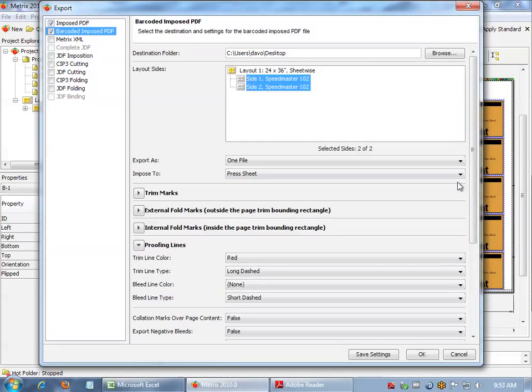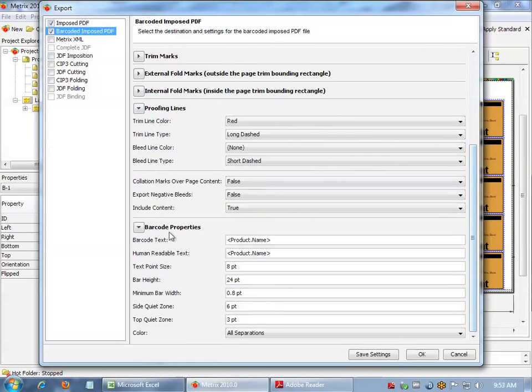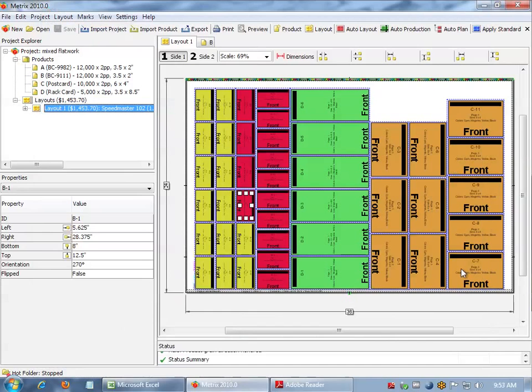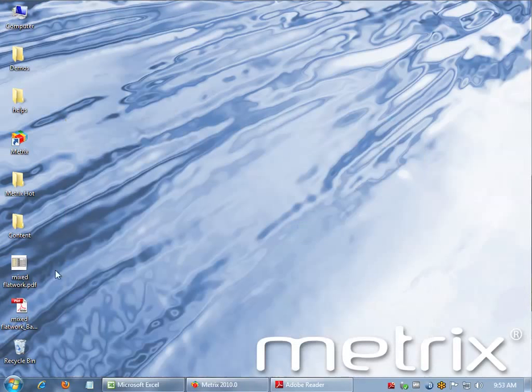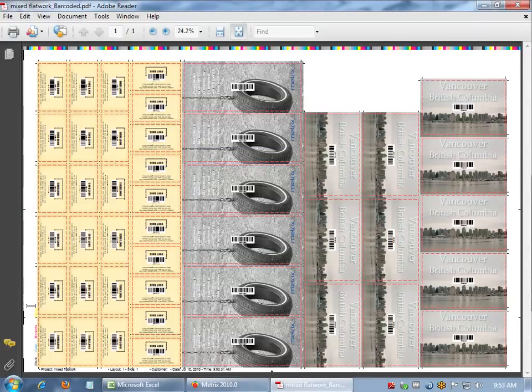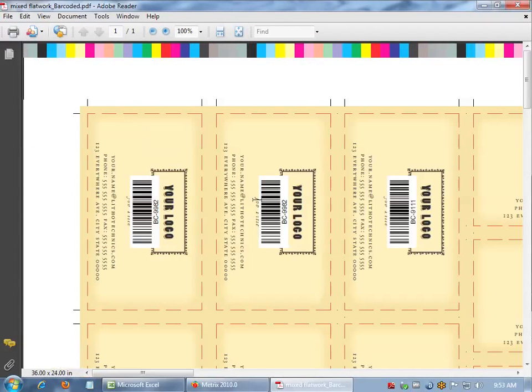What it does now, if we scroll down in the options here, in the barcode properties, it's going to take whatever you put in here, product name I think would be the most reasonable one, as both barcode and human readable text with some other options as well, and it's going to encode that and place it in the center of every product. Let's take a look at that. And here I have my barcode imposed PDF. Looks just like the other one except that there's a barcode in the middle of every product. Let's go ahead and zoom in here, take a look at this. You can see that here I've got the product in the background and then BC9982,